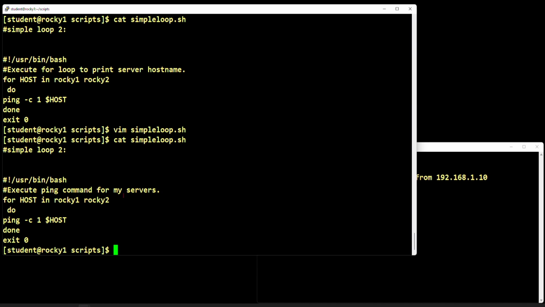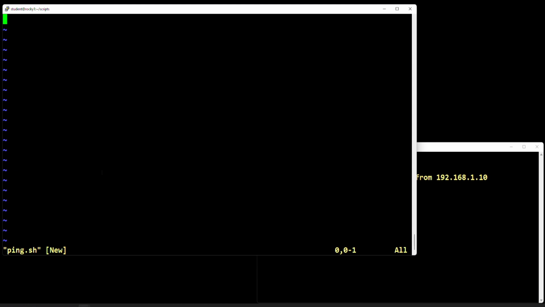So this script is pinging my servers, okay? And my servers are called Rocky1 and Rocky2. So I could just ping by the command line. I could put here a simple script, something of this sort. I'm not going to save this, I don't want to keep it, but let's call it ping.sh. I could do the shebang if I wanted to, /bin/bash. I can do ping blah blah blah, ping blah blah blah, and this will do this every single time, but